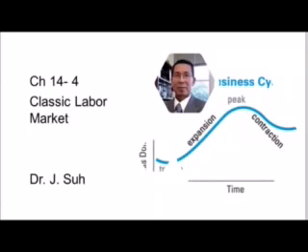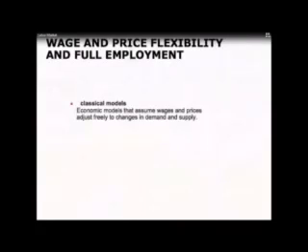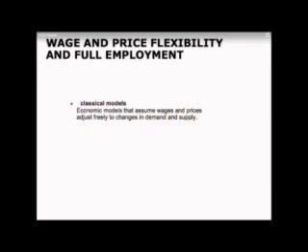Now we're going to start learning about some models. Models are a way economists try to describe how the economy works so that we can answer questions. The first set of models we're going to look at are long-run models, or what are called classical models. These are economic models that assume that wages and prices adjust freely to changes in demand and supply. Another way to think about that is to say that markets always get to equilibrium, right? That we don't have an excess demand or supply